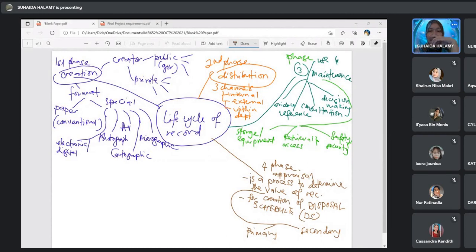Research. Evidential and informational. Alright. Take note of that, under secondary value. Don't get confused.